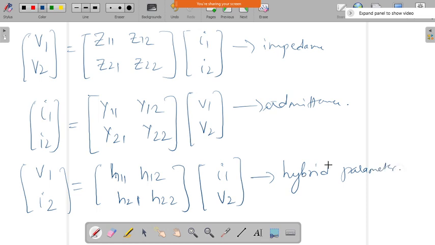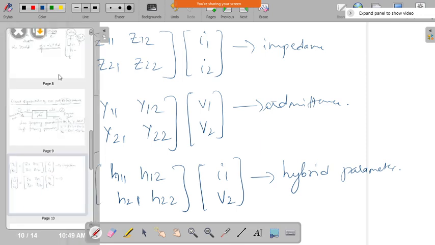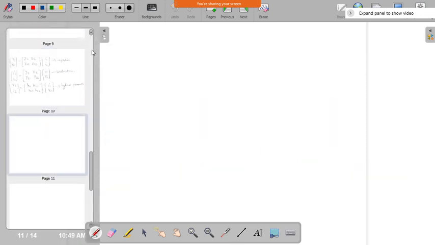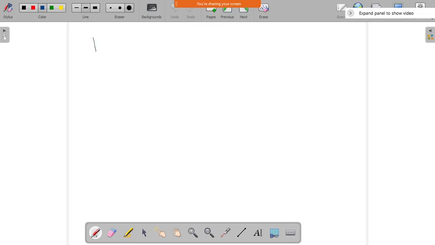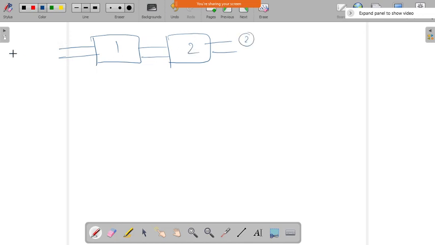And finally we have the ABCD parameters. These ABCD parameters are very important in cascaded networks, because we can directly multiply the ABCD parameters of one network. If I have cascaded networks of 2, network 1 and 2, and I have the ABCD parameters of each, we can obtain the response from the output port from the input port by just multiplying the ABCD parameters of these two networks. That is the advantage of the ABCD parameters, or we can call them transmission parameters.